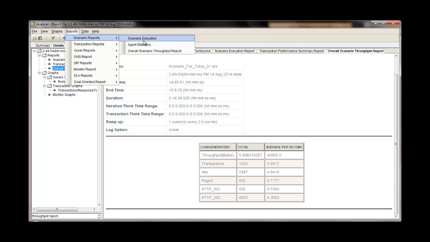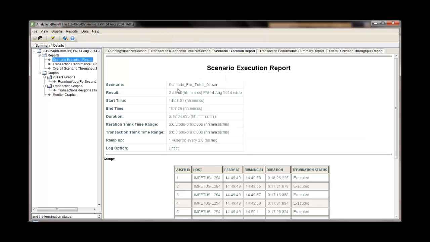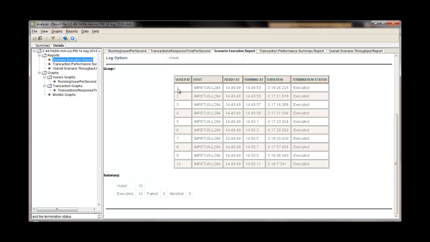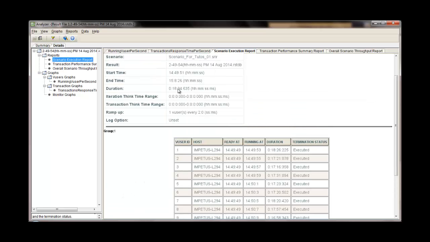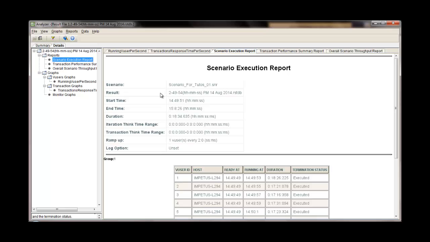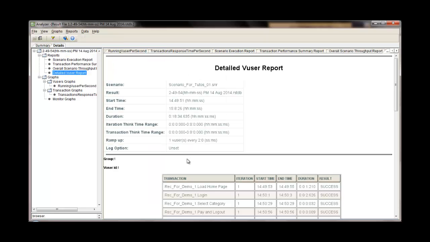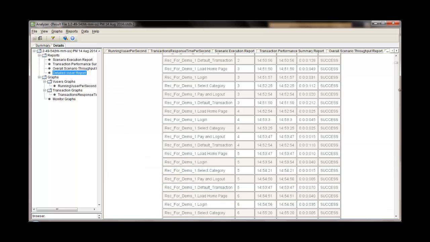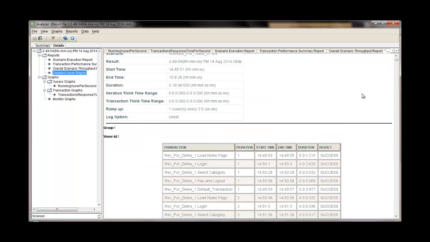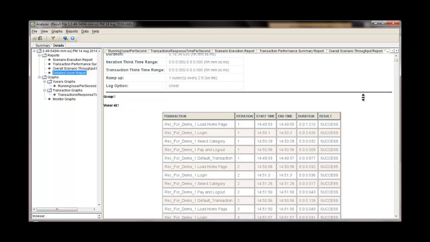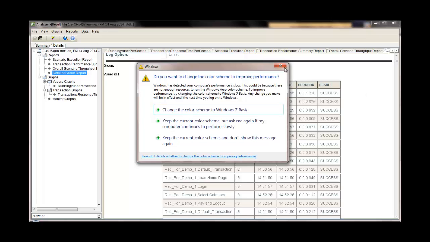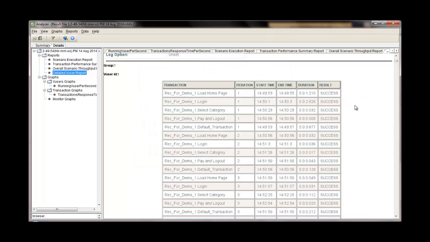You can also talk about the scenario execution report, which talks about the host and the virtual user from which the corresponding virtual user was executed. You can also go to a vUser report and generate details of your virtual users. This will give all the details as to at what instance of time a particular virtual user was executing what transaction and what was the